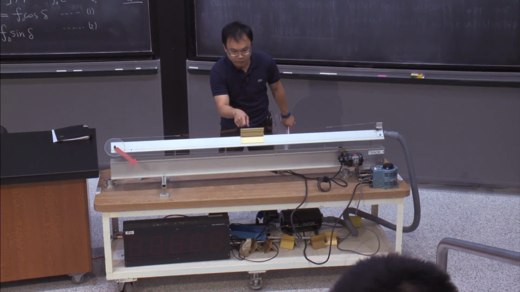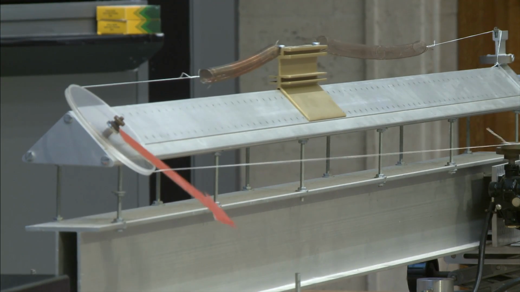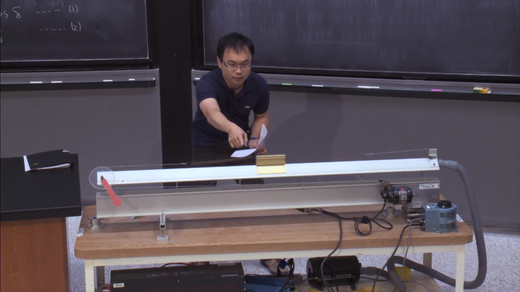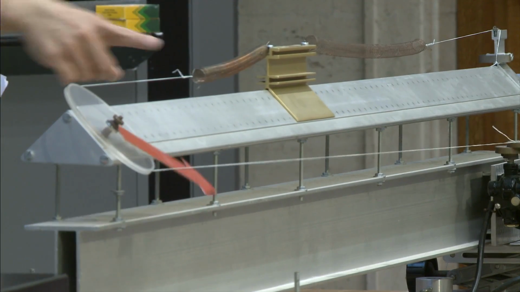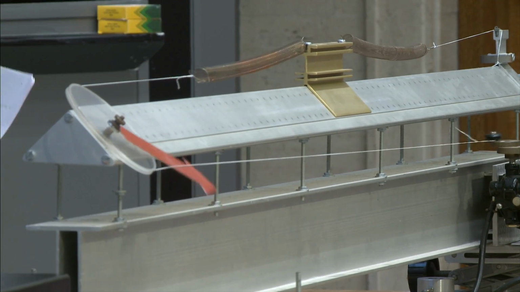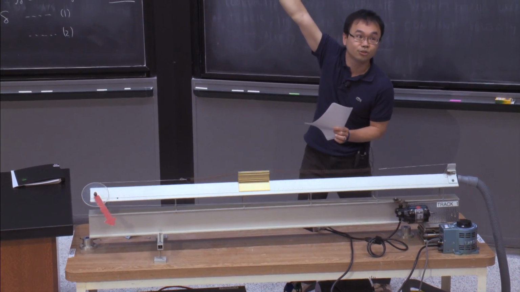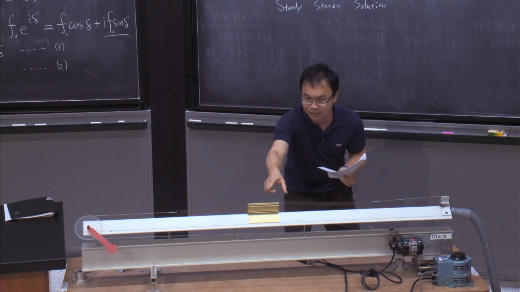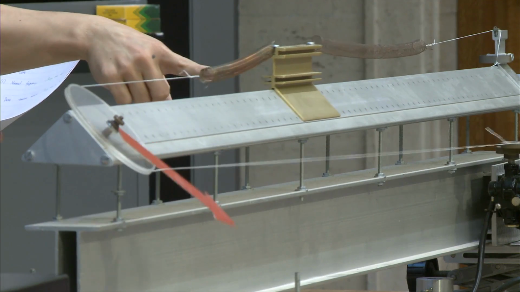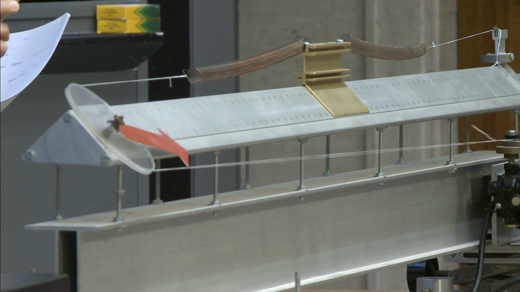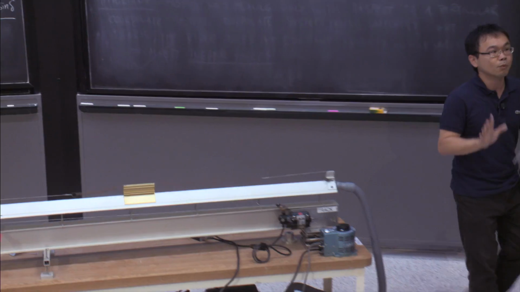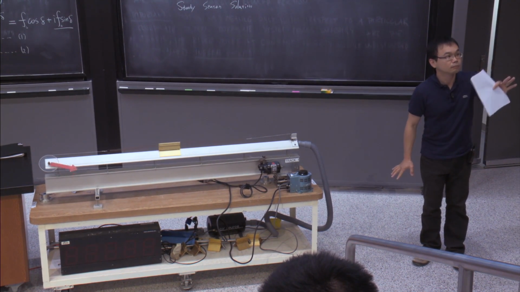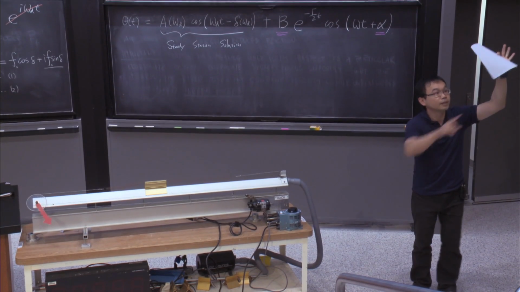this cart is oscillating, but you can see that sometimes it pauses and sometimes it moves faster, right? You can see that it's moving and it stops a little bit. And that's because a superposition of two different kinds of oscillating functions come into play. Now it got slowed down and it becomes faster and slower and faster. But eventually, if you wait long enough, what is going to happen? What is going to happen? If we wait long enough,